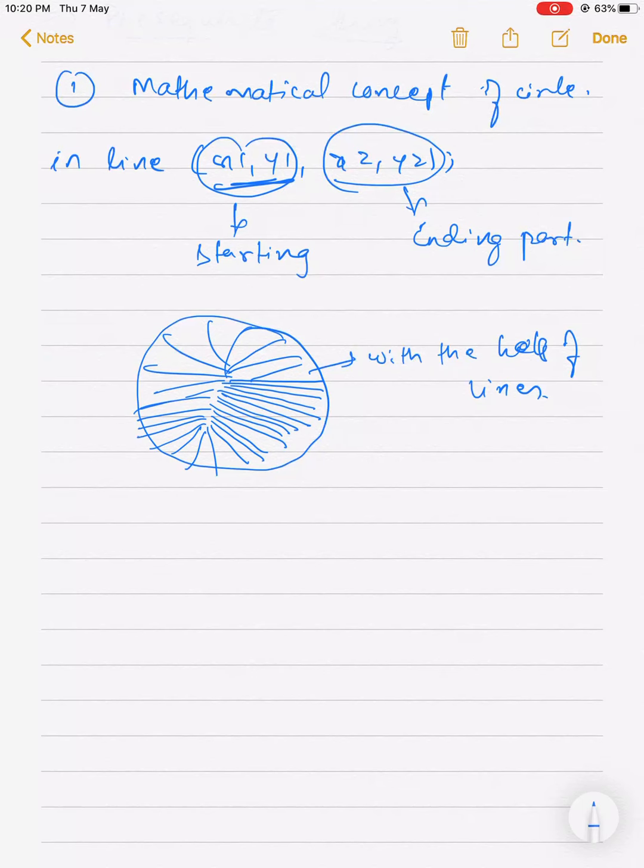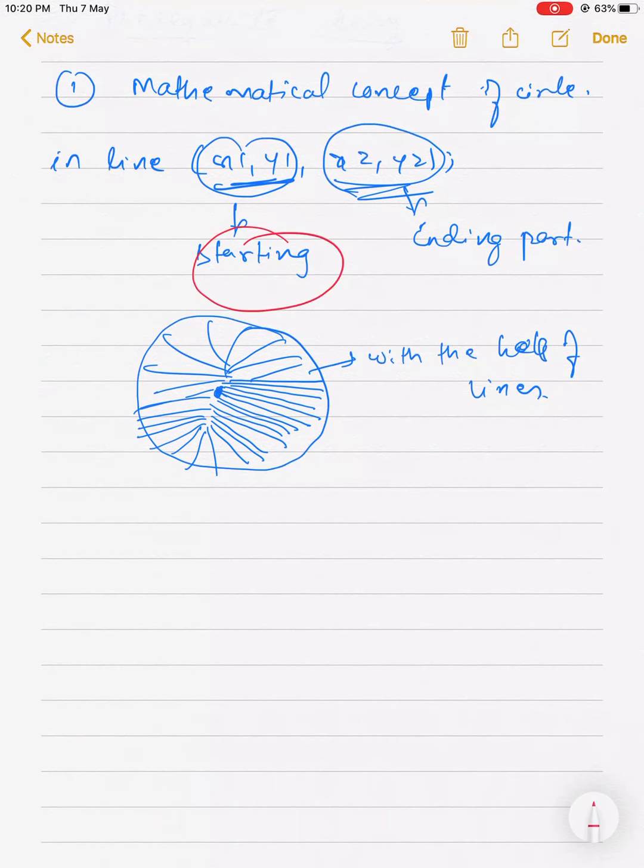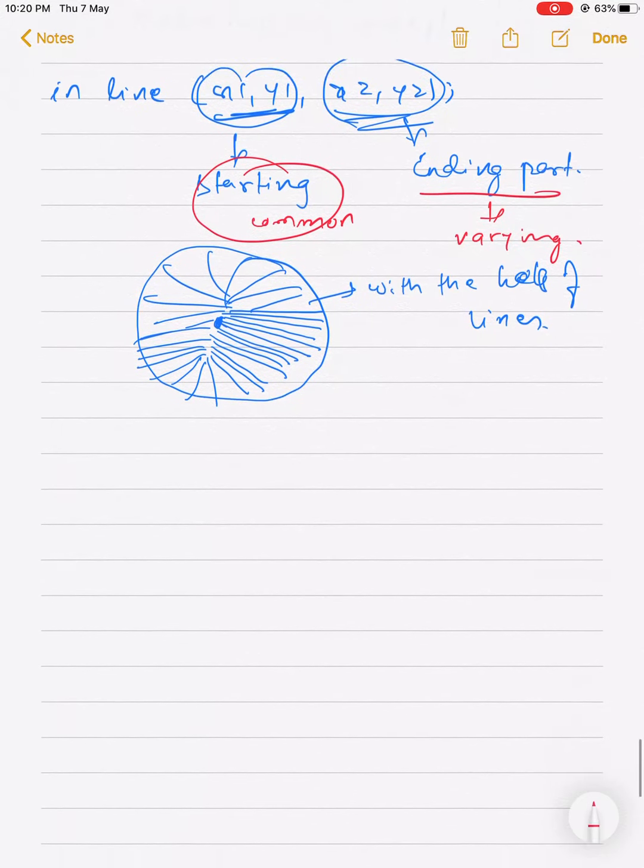The starting point remains the same, that is your first point. What is changing is the ending point. The starting point remains common, and this part is varying in many different directions. For that concept you have to take the help of the circle equation.